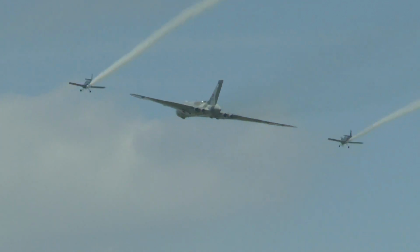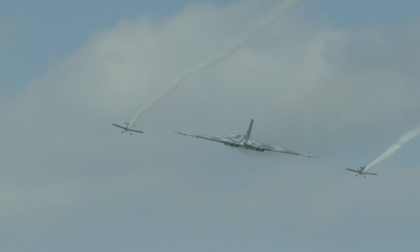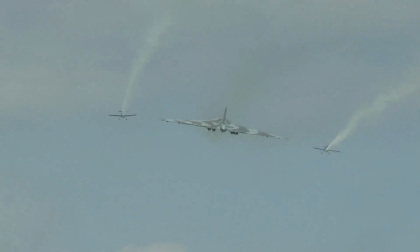Co-captain is Bill Perrins. Third member of the crew is the Air Electronics Officer, Phil Davies. In front of us, just here, Vulcan's Olympus engines coming on there. I think we'll hear them rather more loudly later in her display. But it's interesting, I think, to observe that the RV8s were making more noise than the big Vulcan with its Rolls-Royce Bristol Olympus 202 engines,